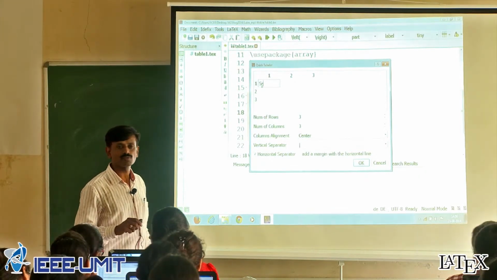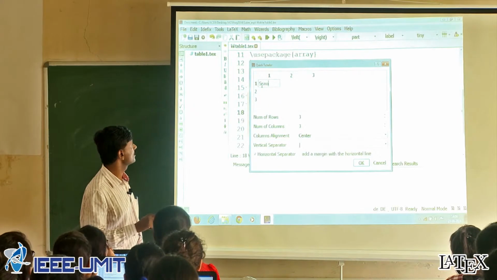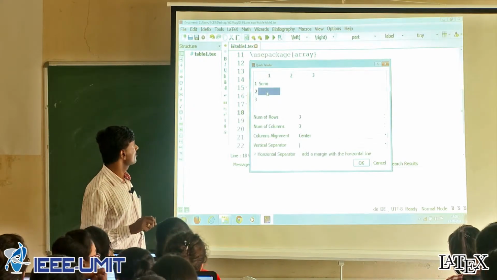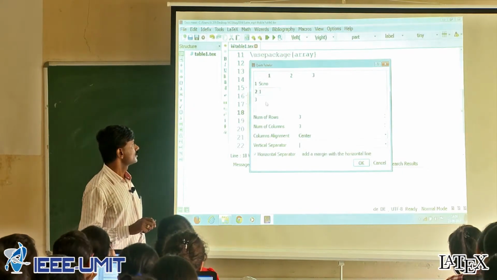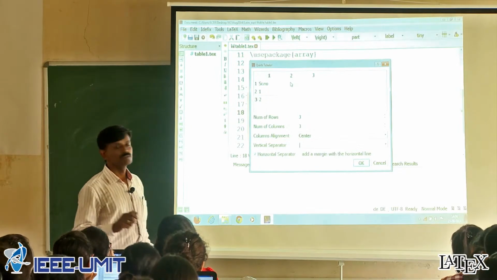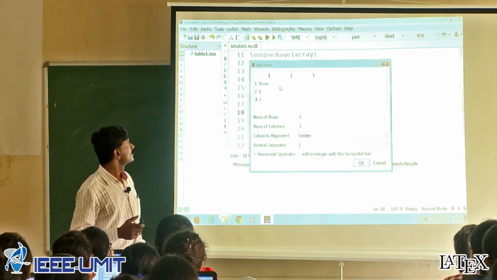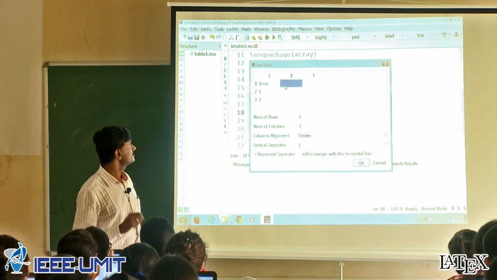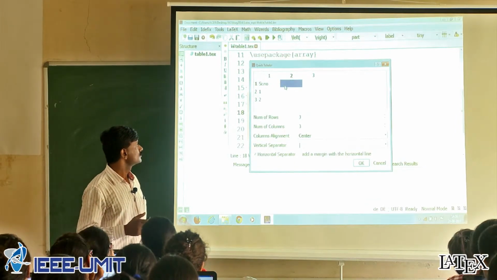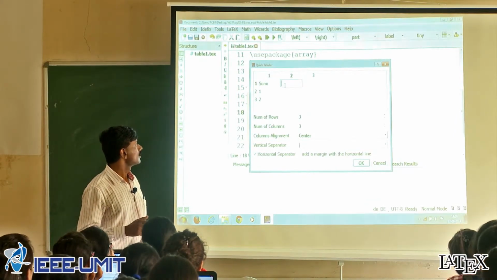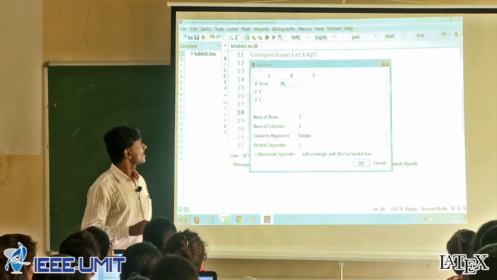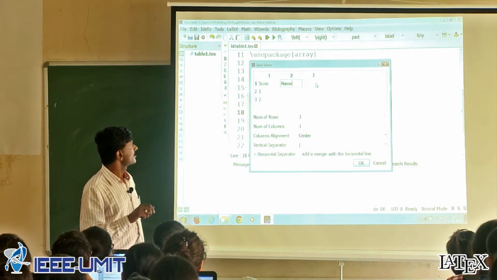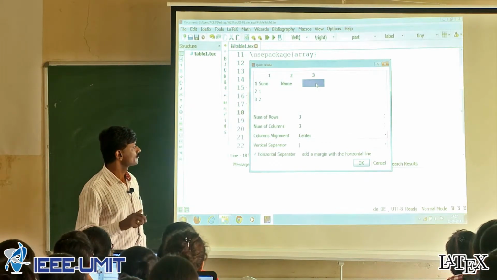I will give you the time to practice it. Just observe here: serial number, then you can put 1, then the second serial number, then the name, you can put the name, then the marks.